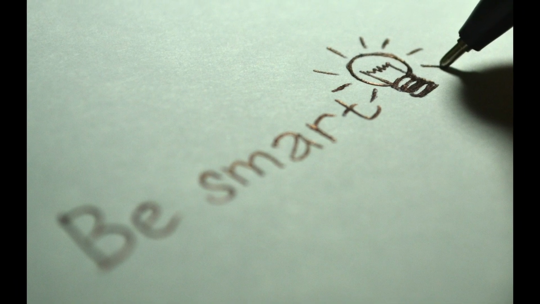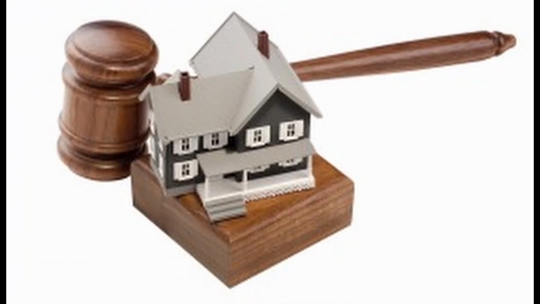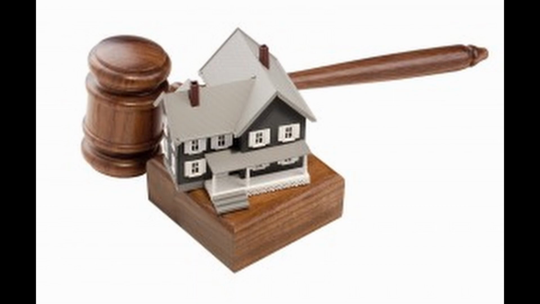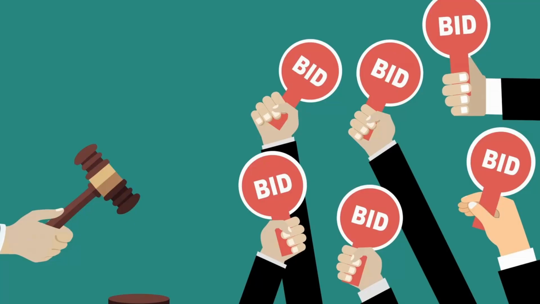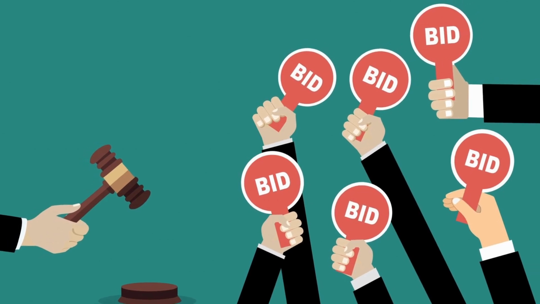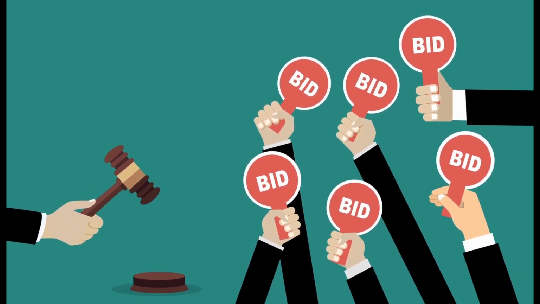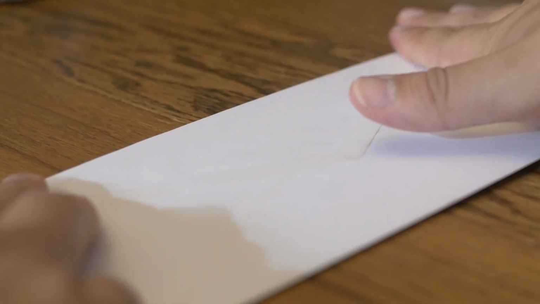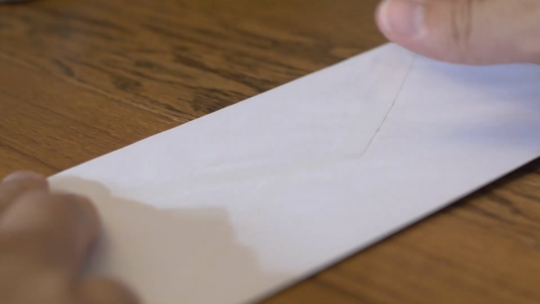Now, not only do counties have property tax auctions, they also conduct tax deed auctions. In a tax deed auction, it is similar to a normal auction. You are bidding a dollar amount to purchase the house or the land or whatever is being bid on. In general, most tax deed auctions are sealed bid auctions, meaning you mail in your bid on the designated form from the county along with money to fund that bid. If your bid is selected, you acquire the tax deed and are now considered the homeowner.